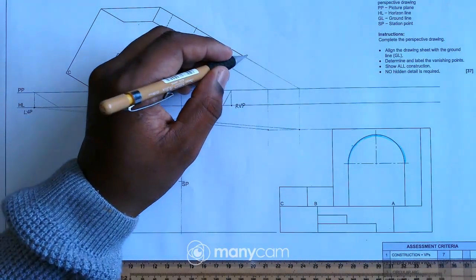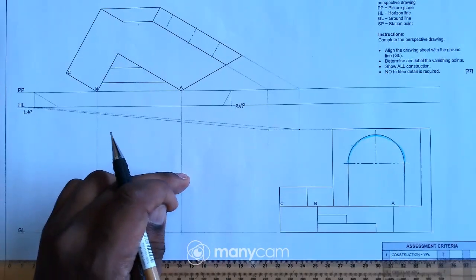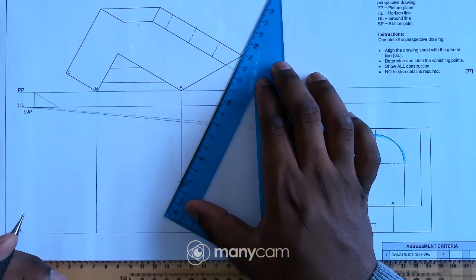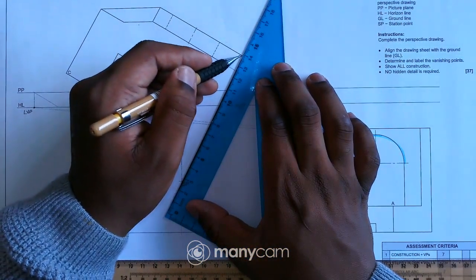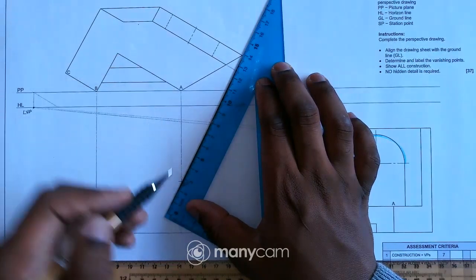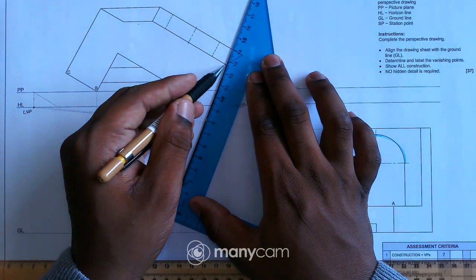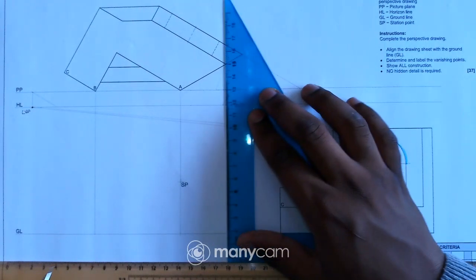Okay, now I can take these points to the SP first and then draw vertical lines. So I'll start with that corner there. I take that corner to the SP, and I take this one as well to the SP.